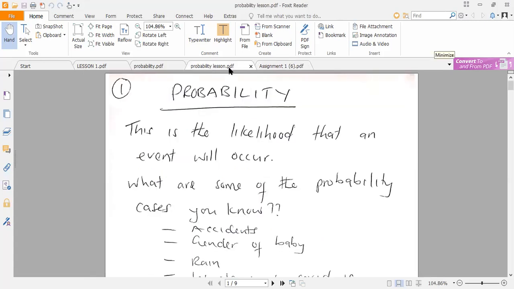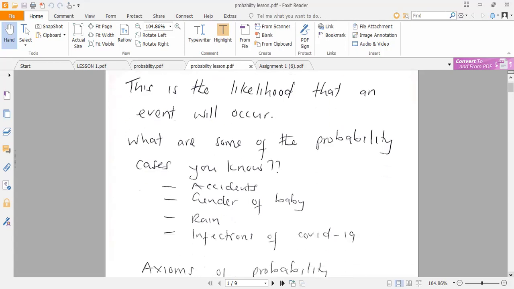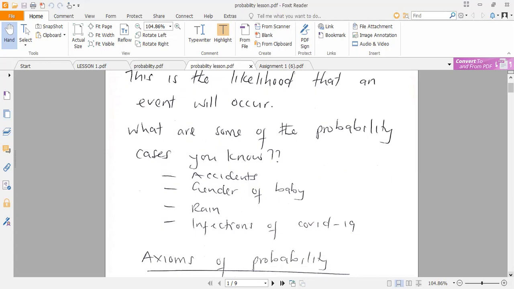probability is simply the likelihood that an event will occur, the chances that this event will occur. And probability is applicable on a very everyday, daily basis. The chances that an accident will occur if you are reckless or if you drink. The chances that a baby will be a boy or a girl. The chances that it will rain. All these are about probability. And today, the chances that one person will contract COVID-19 in a congested place, all that is a matter of